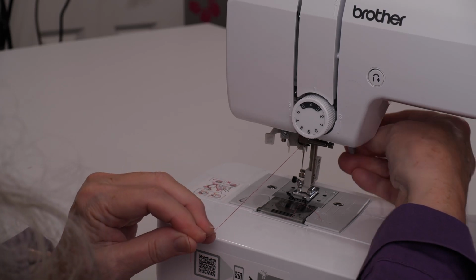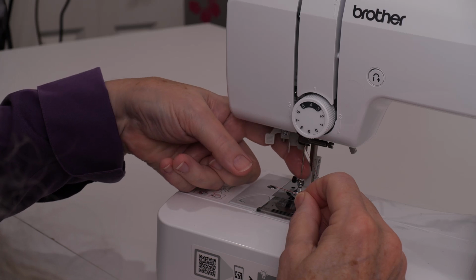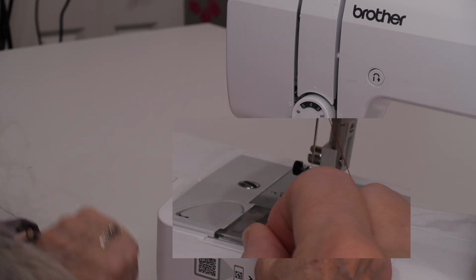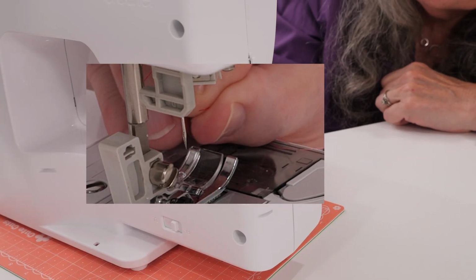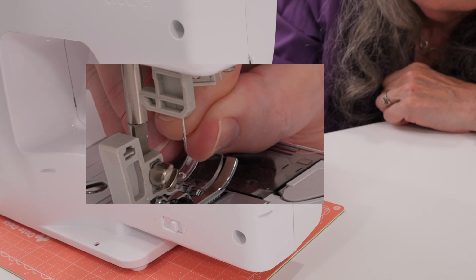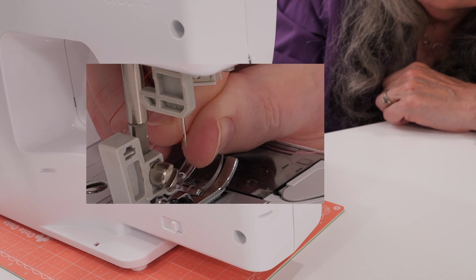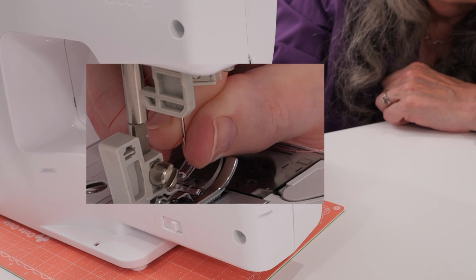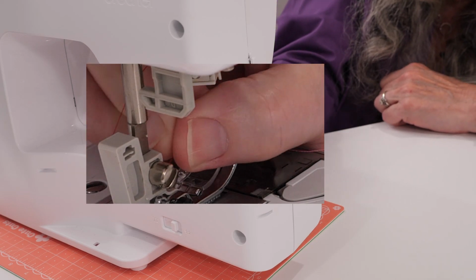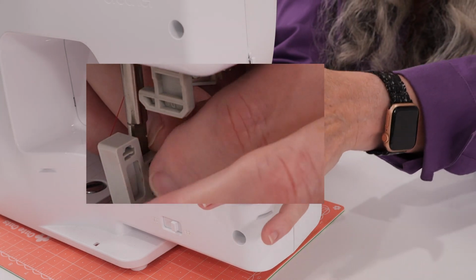Pull my thread out a little bit. I'm wetting my finger and I'm putting it on the back of the eye of the needle. I have about a half an inch of thread sticking out in front of my fingers. I find the hole and I try to go in. Sometimes it takes a couple times. Now that thread is coming out the back of the hole of the needle, and I'm going to take my fingers and I'm going to keep going back and pull on that thread